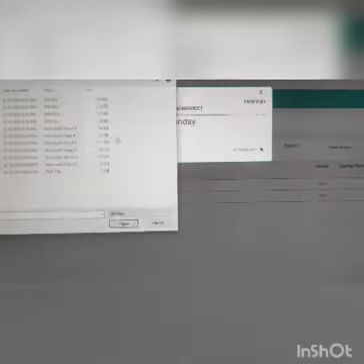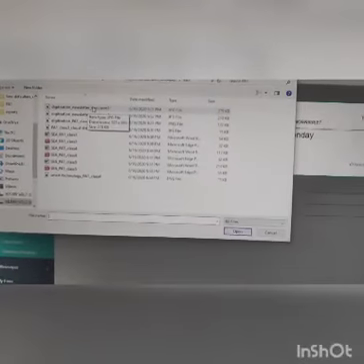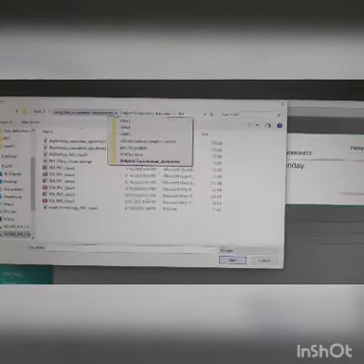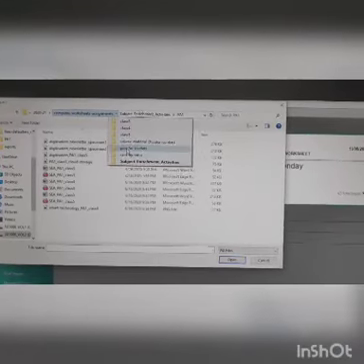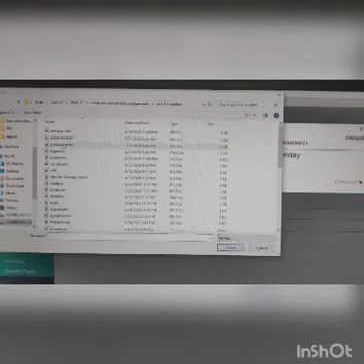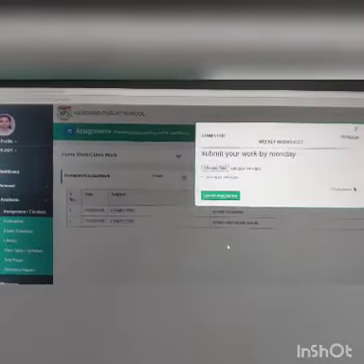Now the child wants to submit. The child can go on Choose Files, and from the domain select a file. Say suppose the child has clicked a picture. Say this is there and say open.